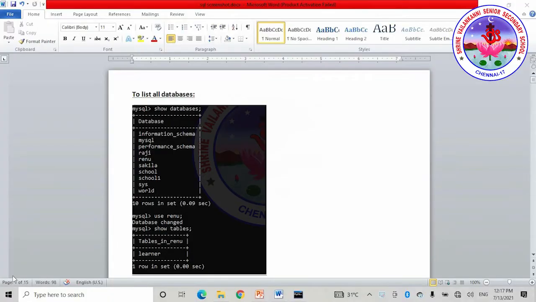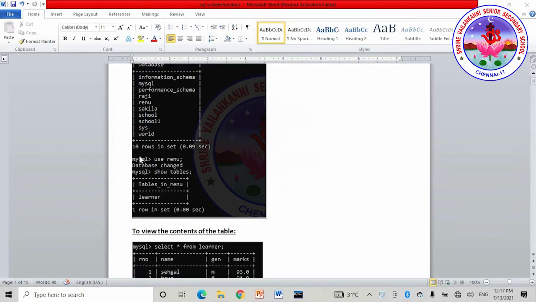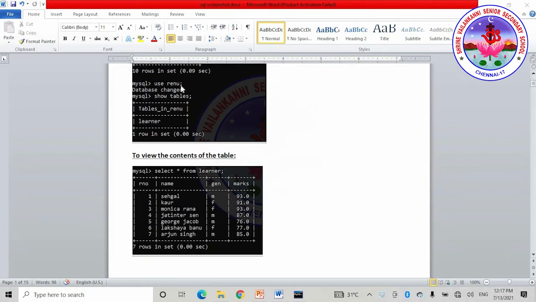Okay, so let us have a quick recap of the concepts which we have discussed earlier, and followed by that we will discuss regarding the distinct query and where clause in today's class. So to list all the databases, as you know very well how to create a database, in case you have forgotten the database name, you can use this query show databases to display all the names of the databases, and from that you can access the name which you have already given. Yes, and to enter into the database we will use the query use database name.